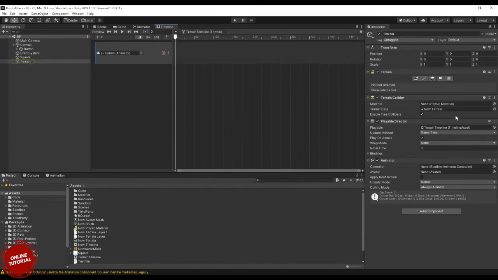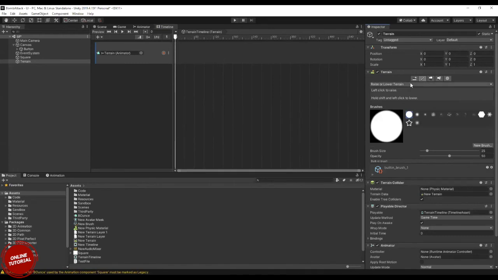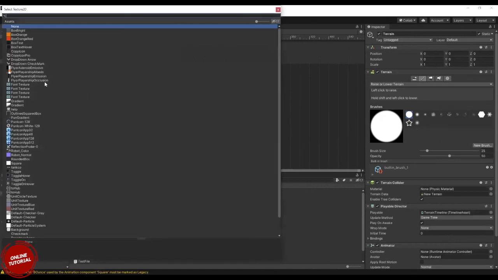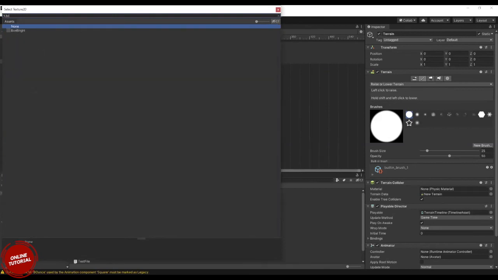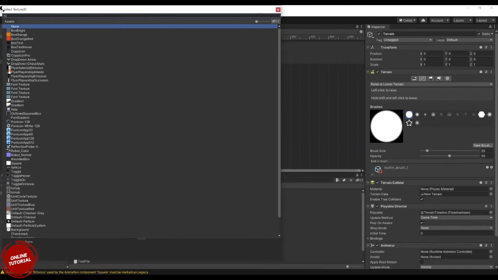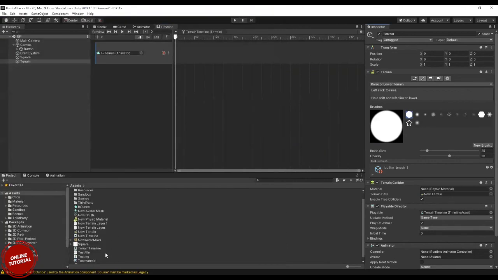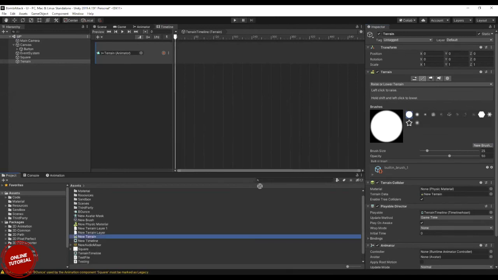I can just save my terrain. Okay, I have my terrain, physic material, terrain properties. So create neighbor terrain, paint terrain. I guess I need to import my brush size. The brush you have created, you will be mapping here, or you can create a new brush. Let me check my terrain.